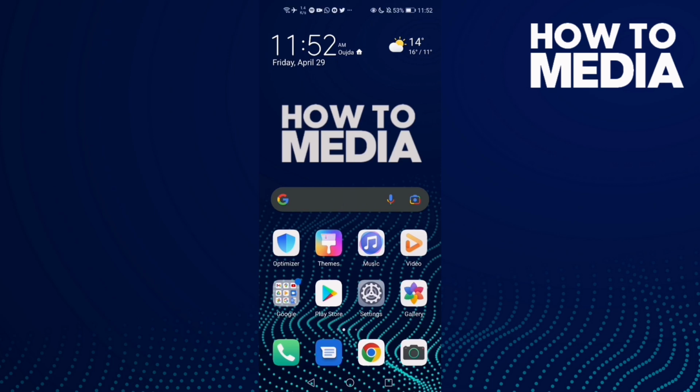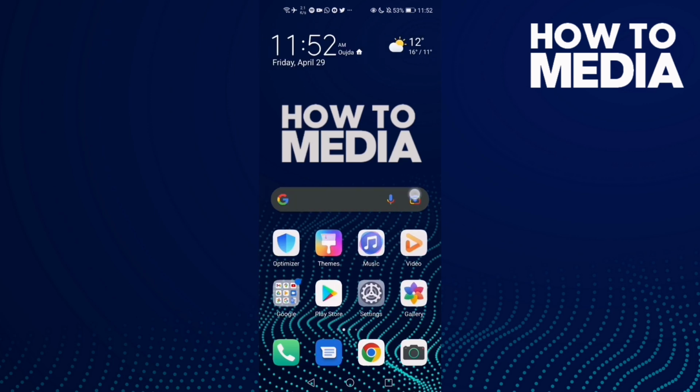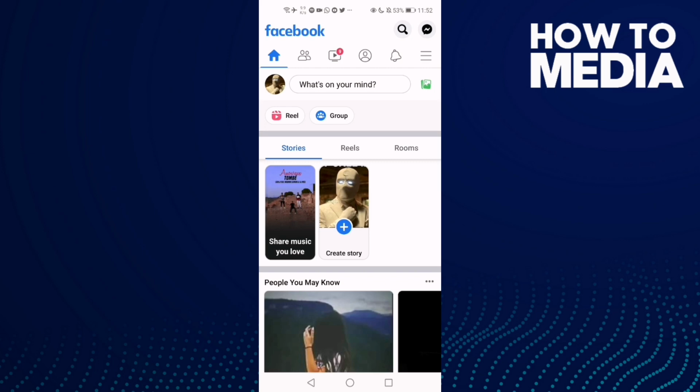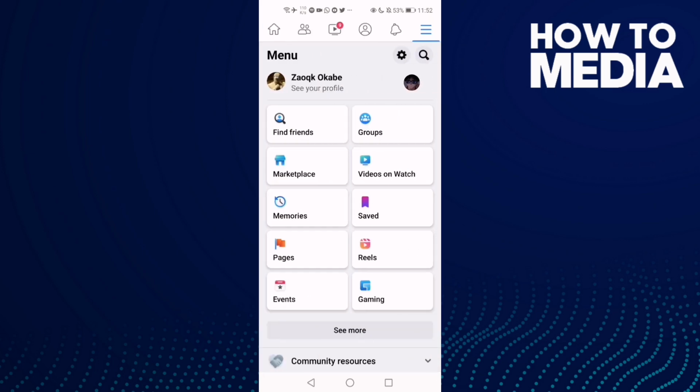How to find video start with sound settings on a Facebook mobile. Hello guys, in today's video I'm gonna show you how to find video start with sound settings on a Facebook mobile. First thing you're gonna do is go to Facebook and then click these three lines here, and now go